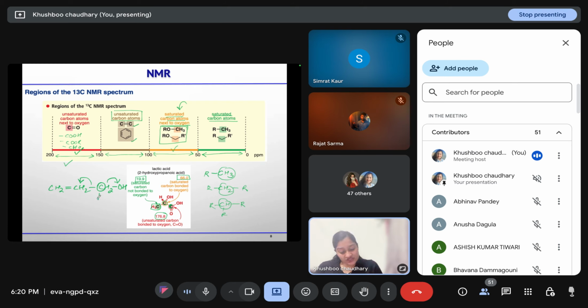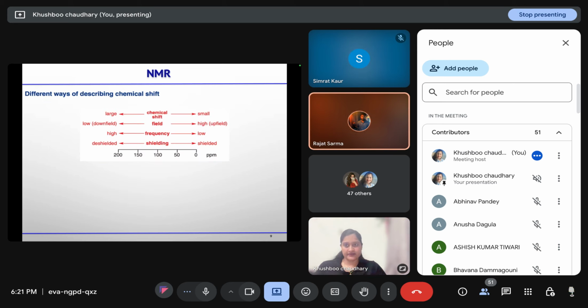So this should be in the region of 50 to 100. If this alkene was not there in this case, then this carbon attached to the oxygen would be around 58 or 60. But because it is attached to the alkene also, it will become more downfield, or maybe it will come around the 70, 78 to 90 region. So in that region only it will go downfield. And if more electronegative groups attach, then it can go into the olefinic region also. Is this fine? Yes, ma'am. Okay.